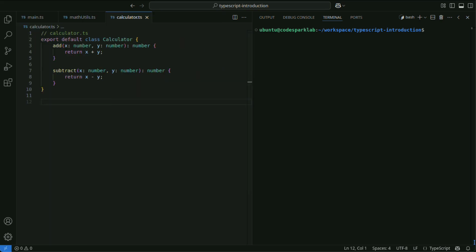To use modules, you import values, functions, classes, etc. from within the module using the import keyword. When importing specific elements from a named export, use curly braces.